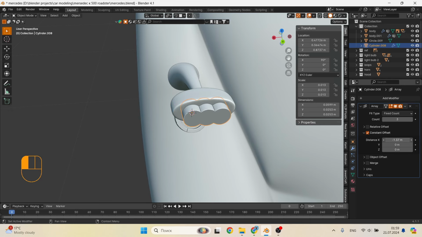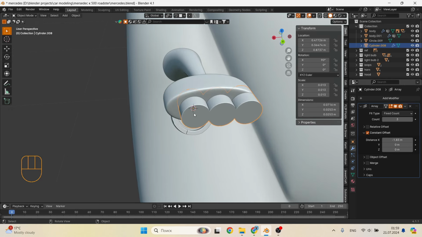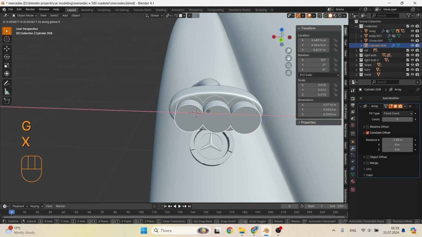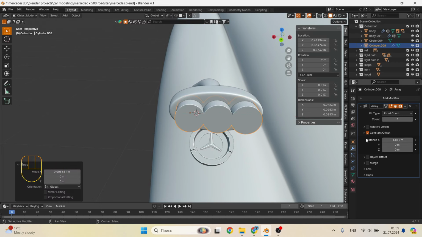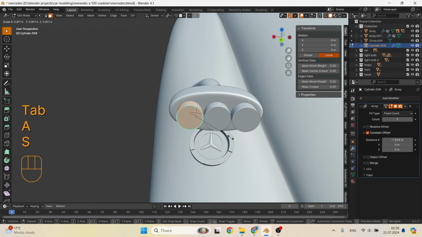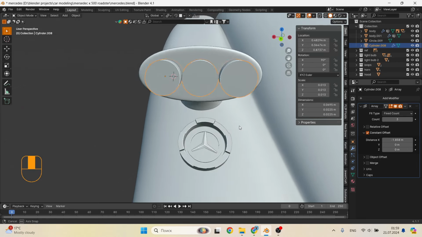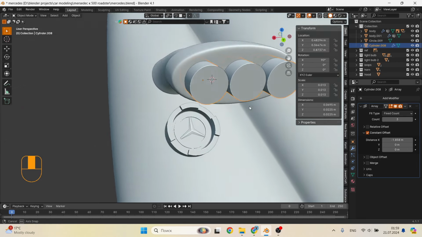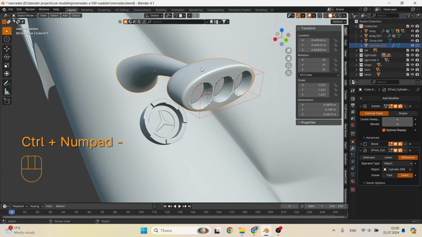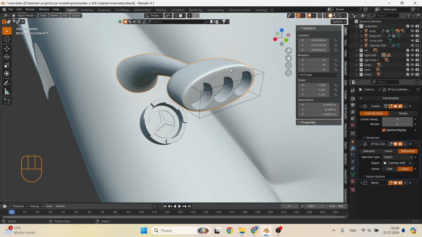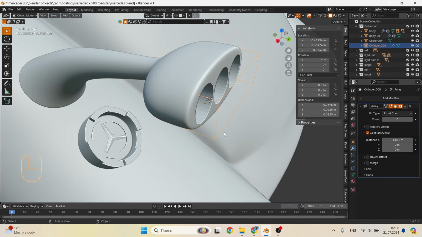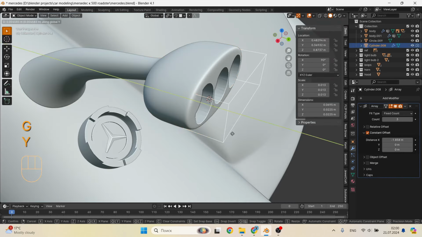And choose the appropriate cylinder size and the distance between them, so that the 3 cylinders fit evenly. Now first select the cylinders and then the rear light and press Ctrl-, which will apply Boolean to them. But for the surface to look good, bevel should be at the bottom of the modifiers. And we still have to set the depth by moving the grid, but something tells me that I will return to this issue.